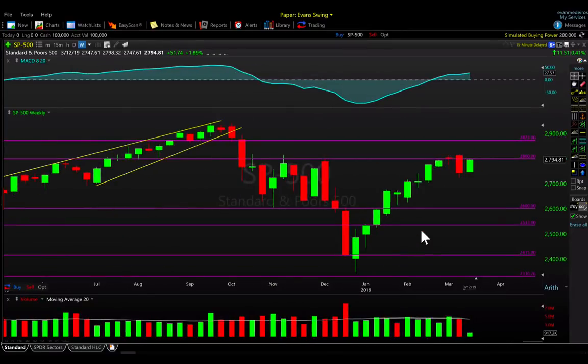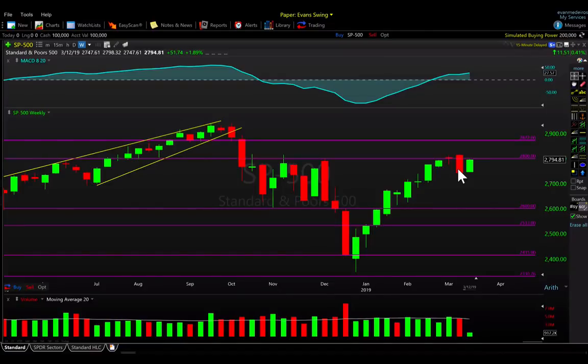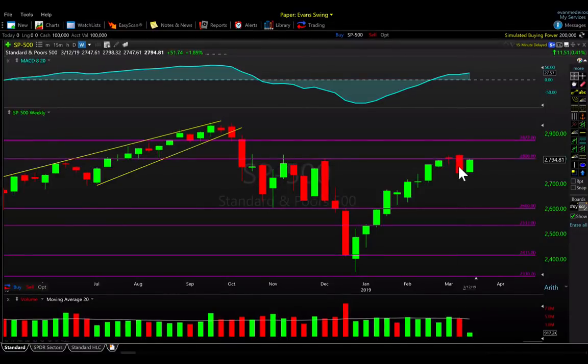This is the S&P 500. It's the cash market, weekly time frames, where we always start our analysis. Each bar represents 1 week worth of trading. We can see last week we talked about this being the biggest pullback of the year, the biggest down week of the year, which I know sounds like a meaningful statement, but when you haven't really had any down weeks, anything looks big. So we did have this 2.16% down week last week, and notice where we are already, 1.89%